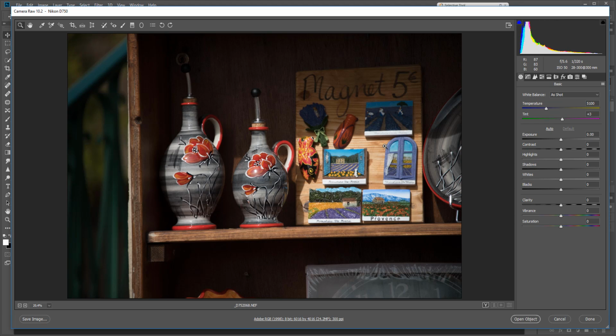Okay, so let's have a look at the sample image. As you can see, I already opened one in Camera Raw. The histogram is located in the top right corner. This is the same as in Photoshop or Lightroom. And as I am scrolling with the mouse over the histogram,